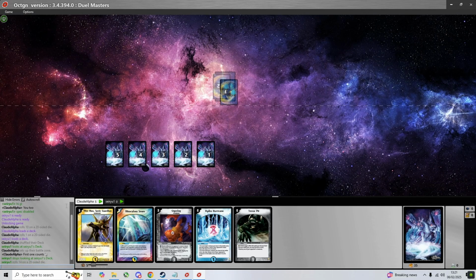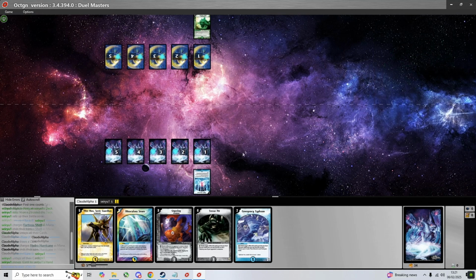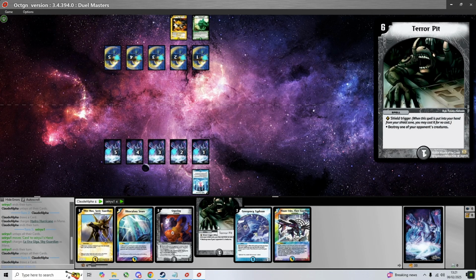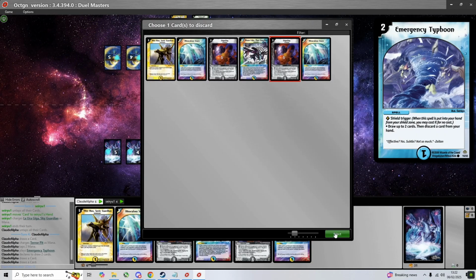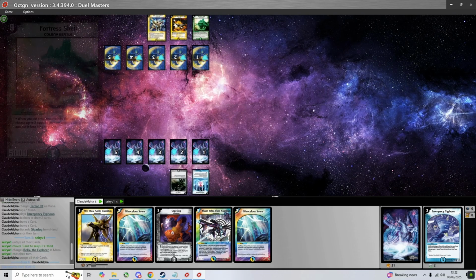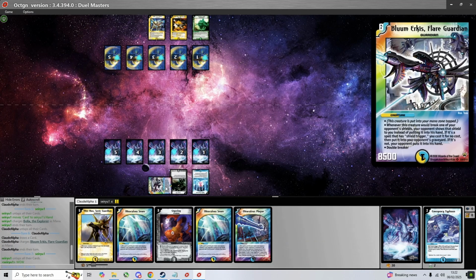Alright, we're now in the second Swiss match of IDC 47, and we're up against Seiryu, previously known as Nasus, who is piloting Light Dark Nature Control. He's on the play here on the die roll, and I have an emergency typhoon again. Seem to have a lot of